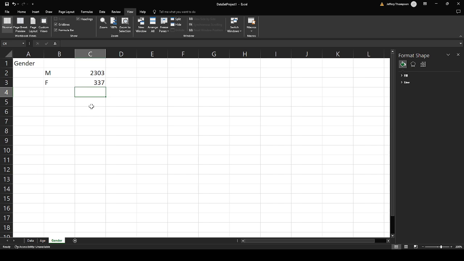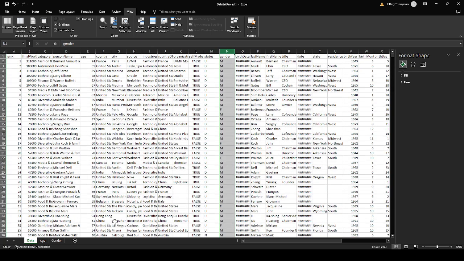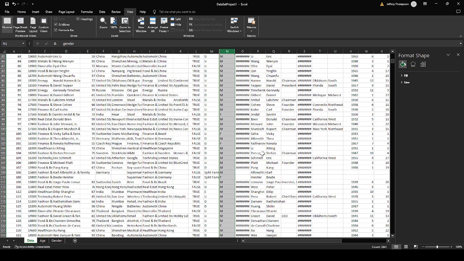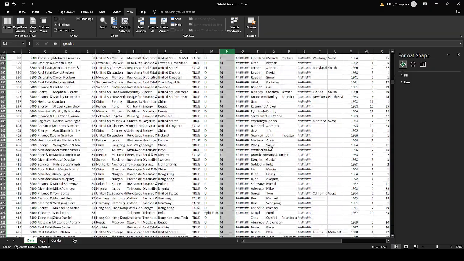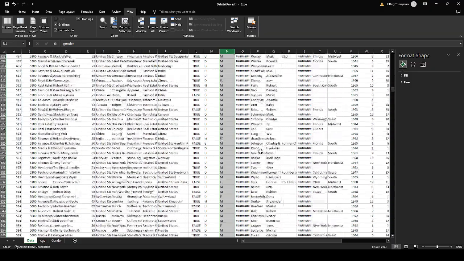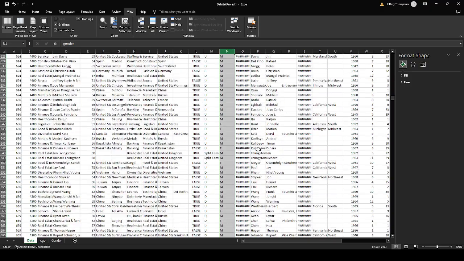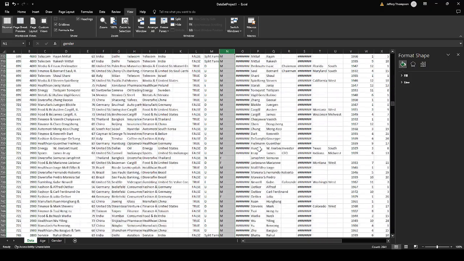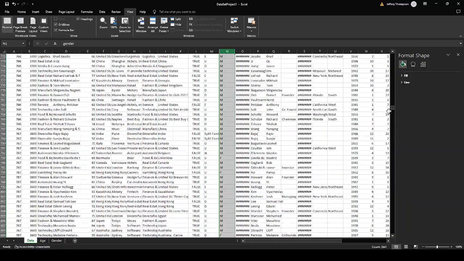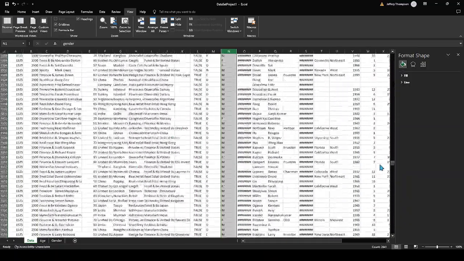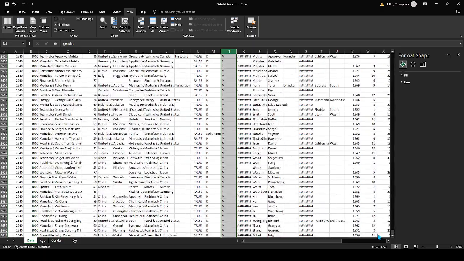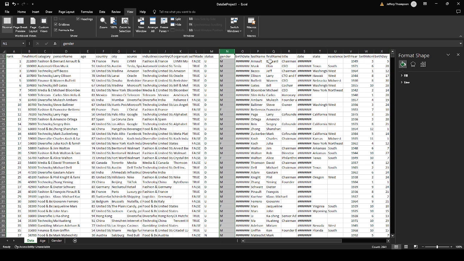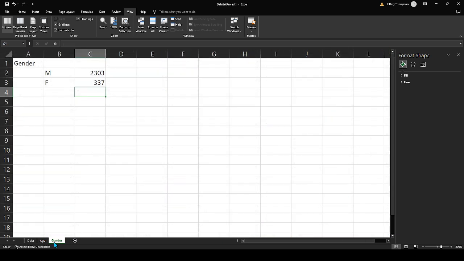Now we can go back and look at our data, and I usually just do a casual check to see if there's any weird characters in a data set. Like if I were to go through the countries, I would need to make a list of all the countries. That's something that you'll probably be looking into when you do yours. So I just do a quick scroll down and notice that this does stay all M and F. There's no other characters in column N. And there's our 2,540 entries. So if I come back,